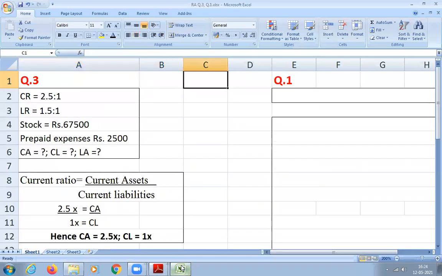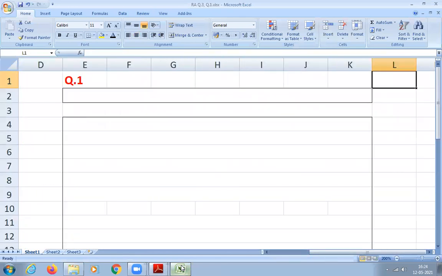That is question number 1. Students, are you able to understand, or am I going fast? Please give me some feedback. Are you able to follow what I'm teaching? Yes, sir. The only thing is, when you want to solve ratio analysis problems, you have to be thorough with all the ratios. Then only you can find out what ratio can I use here and there. Your mind will tell you automatically.